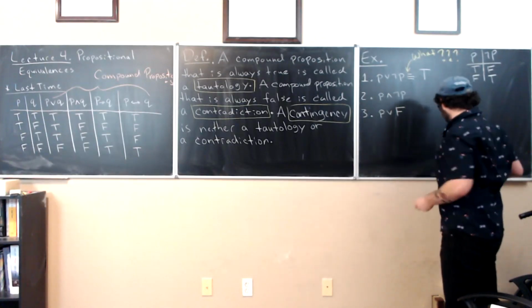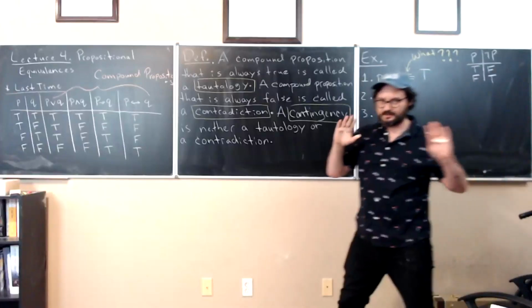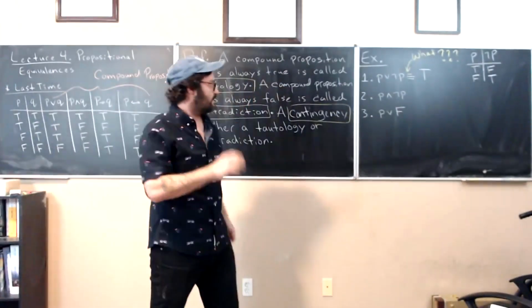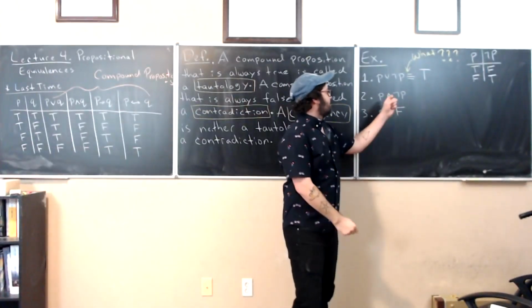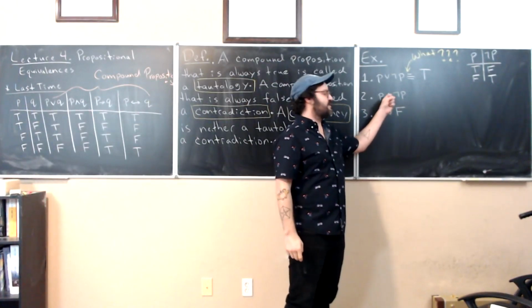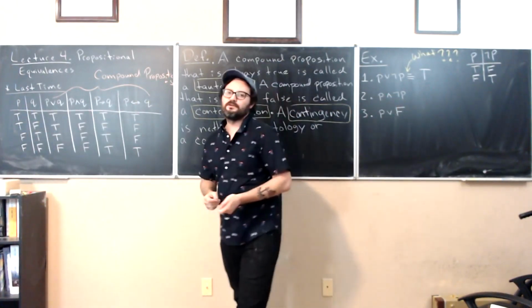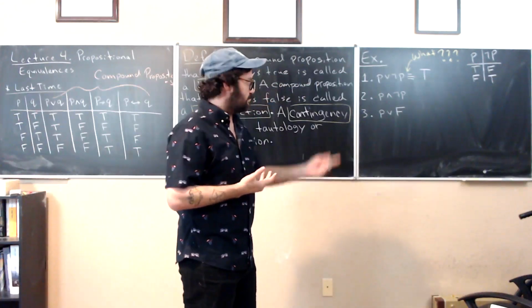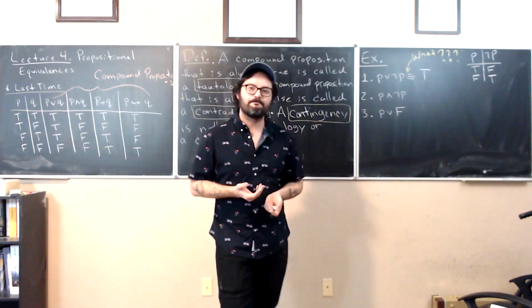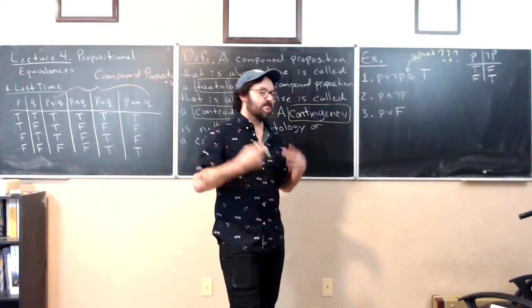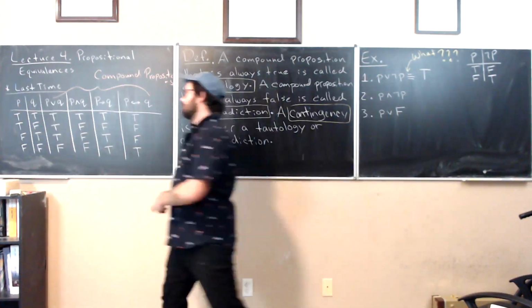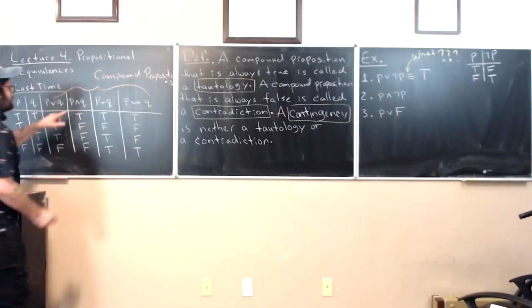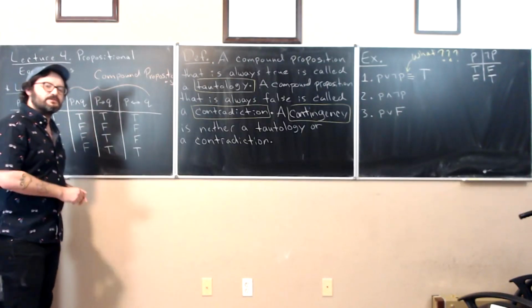We'll learn what it is. But for now, let's just say that that means equal. Okay. What about this one, part 2, P and not P? What must be the truth value of that compound proposition? False. False, right? And last time we learned that the conjunction between two propositions is only true when they're both